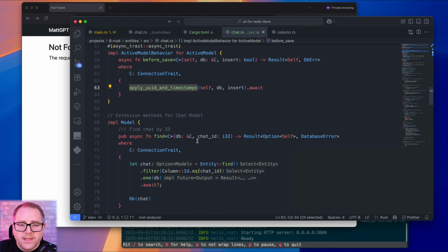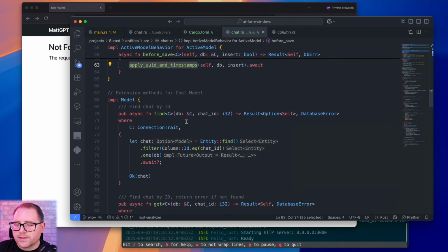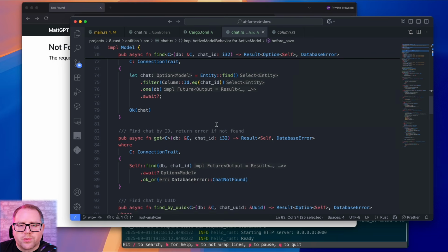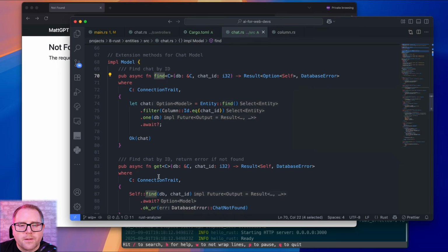Okay, next we're going to have some helper methods, if you're coming from Rails or any of these other ORMs, I should say Active Record. So we're going to do find, which, you can see here, is going to return a result or an error.